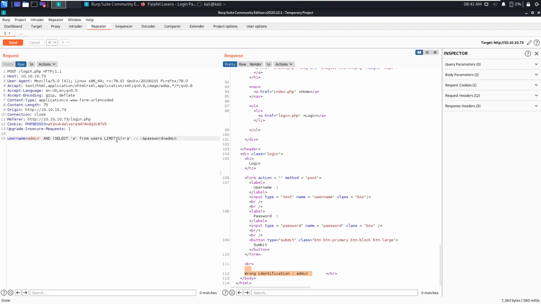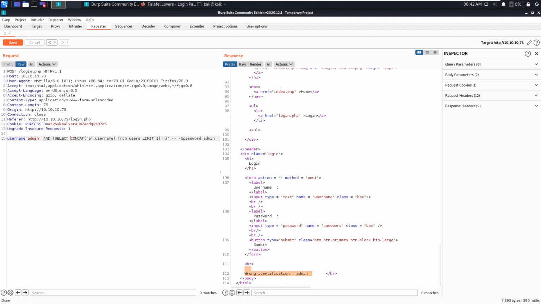Now we need to brute force the column names. Typically it will be username and password, but we need to make sure those are in the table. I am concatenating with, let's say, username, and whatever the username is will be appended at the right side of a.